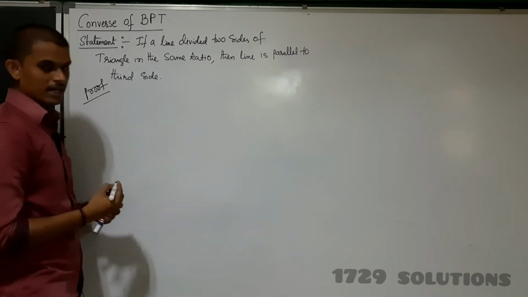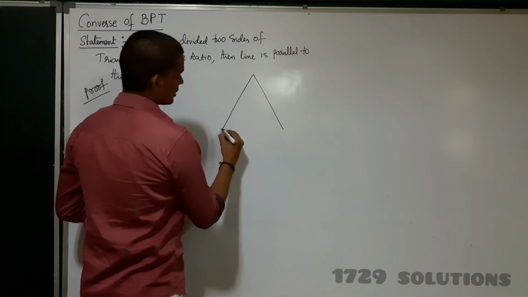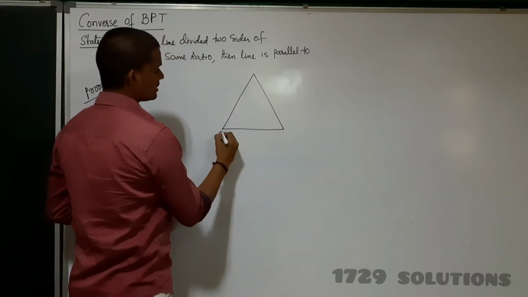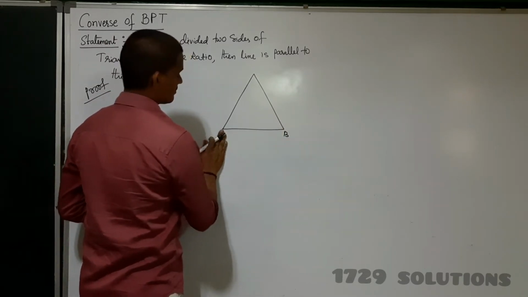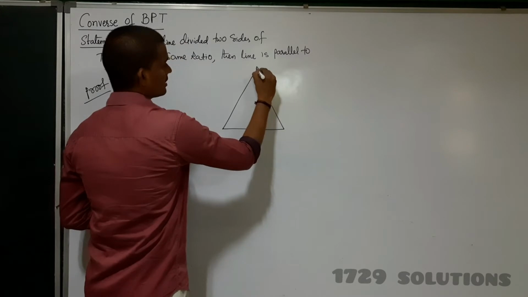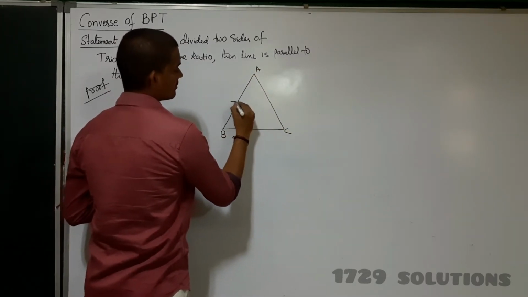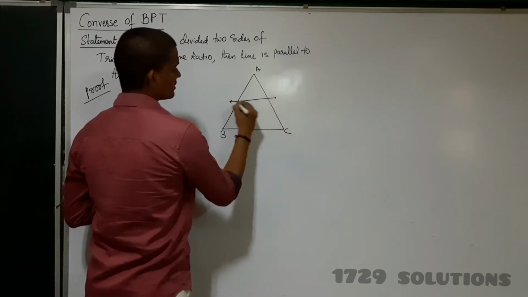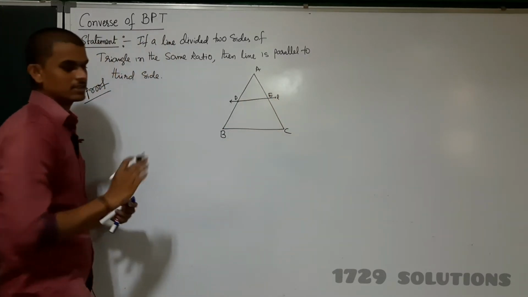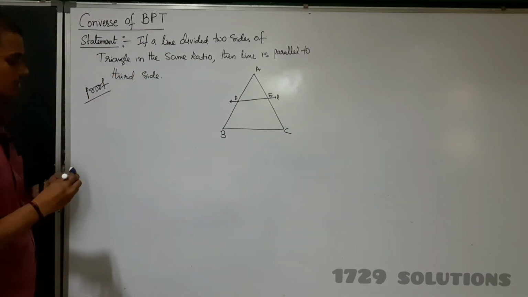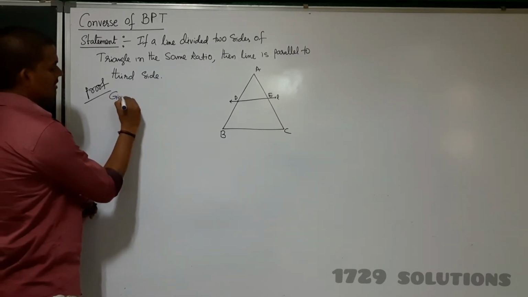So first of all, before that I am going to draw the diagram. Depending on the diagram, the line is not parallel. Concentrate on that. Okay, whatever the letters. Suppose this line divides the sides in the same ratio, that is D and E. So it is not a parallel line; it is only given as the same ratio. So first of all, you need to write the given statement. What is the given? It's a very small theorem.